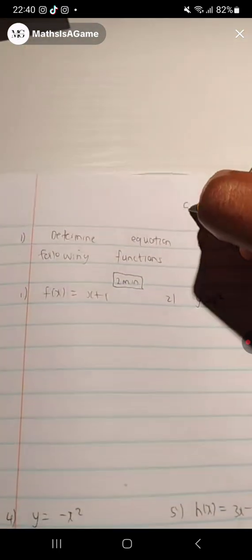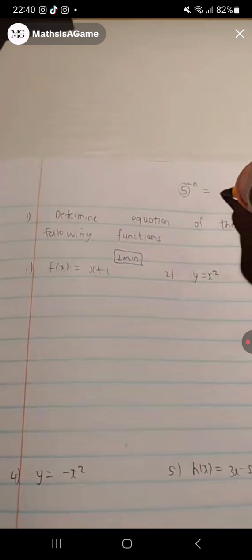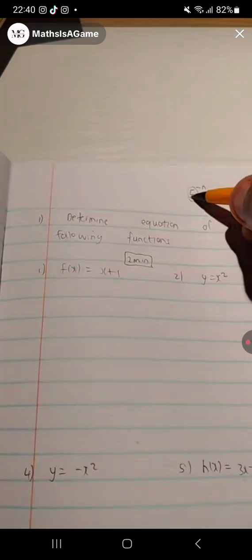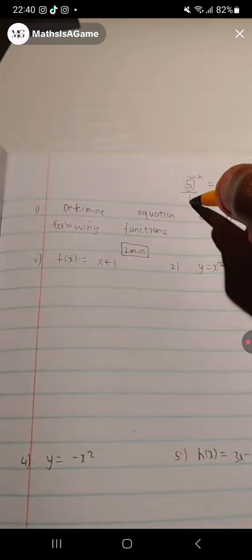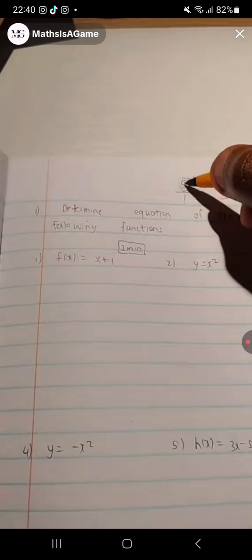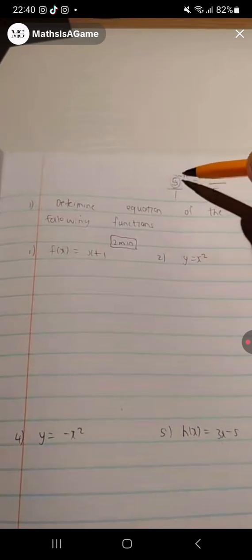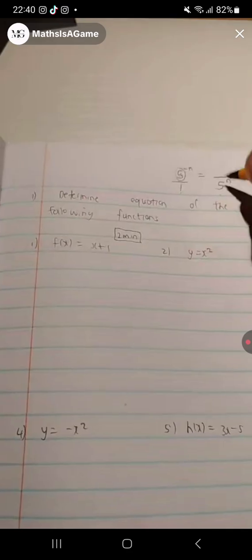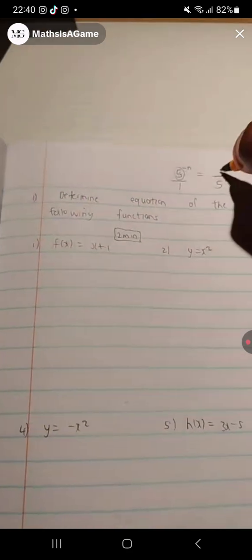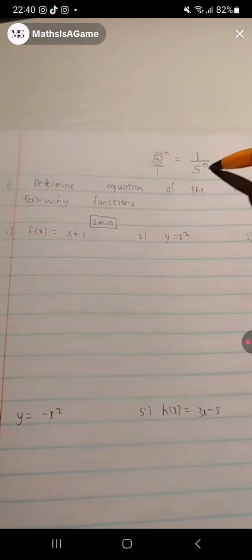When you have a base with a negative exponent, the base changes from the numerator to the denominator. If the base was in the numerator, like 5 to the power negative n, that is the same thing as 5 to the power negative n over 1. The base changes position from the numerator to the denominator, its exponent changes sign from negative to positive, and then a 1 is left over at the top. So the answer is 1 over 5 to the power n.